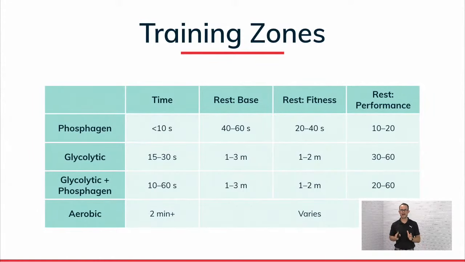So one example of that may be when you're in your base training phase, you have a 2-to-1 rest to work ratio for your intervals. When you move on to the fitness base, maybe now you have a 1-to-1 rest to work ratio. And when you're moving on to performance, as many athletes compete in high-intensity interval-based sports, maybe now we're 2-to-1 the other way. We have a 2-to-1 work to rest ratio, a Tabata-style type of interval.